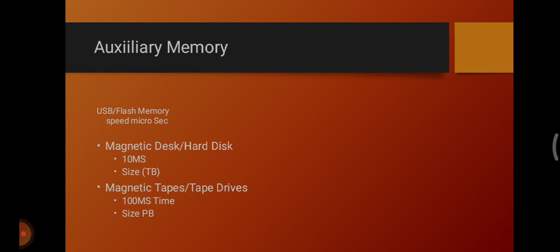And the next is magnetic tape. The magnetic tape's access speed is 100 ms, while the size comes in petabytes. This tape is normal magnetic recording, which is designed with a slender magnetizable covering on an extended plastic film on a thin strip. This is mainly used to back up huge data. Whenever the computer requires access to the tape, first it will be mounted to access the data. Once the data is accessed, then it will be unmounted.